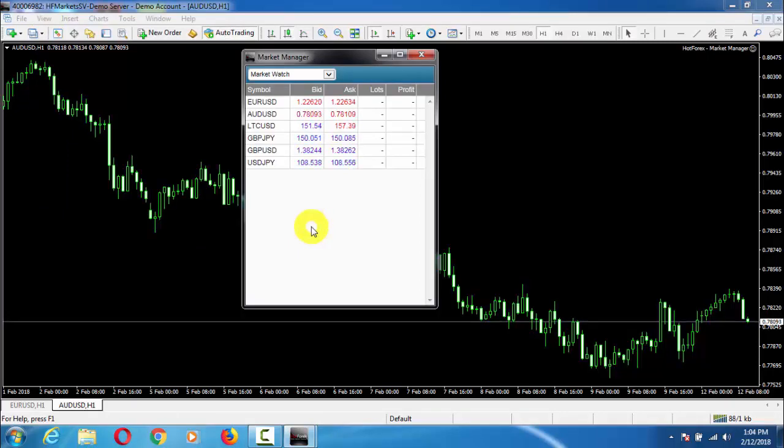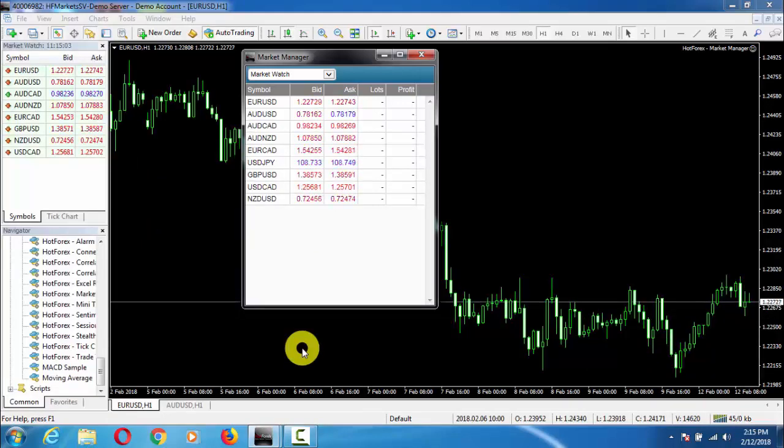Now we will see all the important functions of Market Manager. Basically Market Manager is designed for a quick overview of market symbols, pending orders, etc. Now we will go through all the major functions. First of all, here is the Market Watch. In Market Watch we have symbol, bid price, ask price, lots and profits.